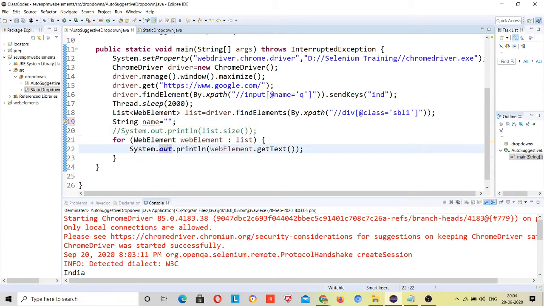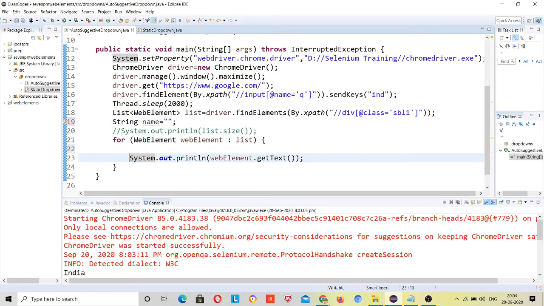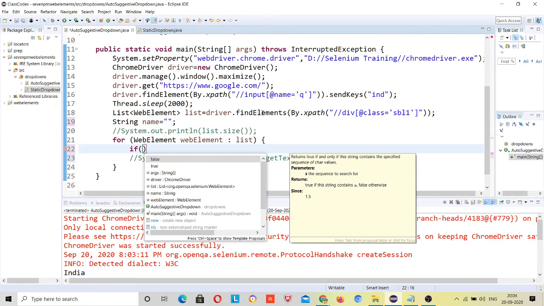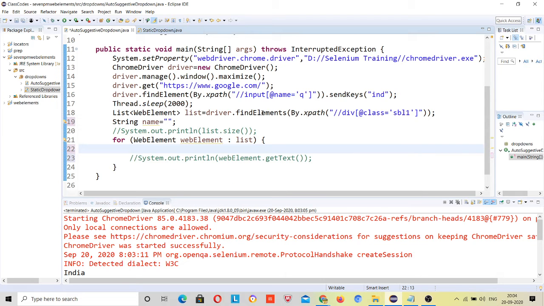And here what you do, instead of printing this, first you need to store inside a variable, right? Name is equal to this web element dot getText.